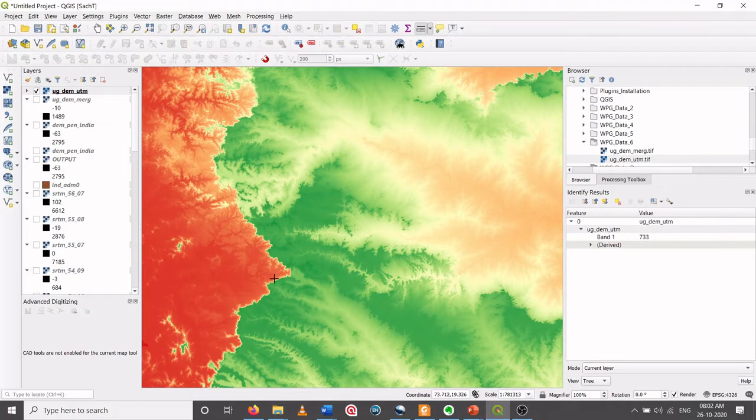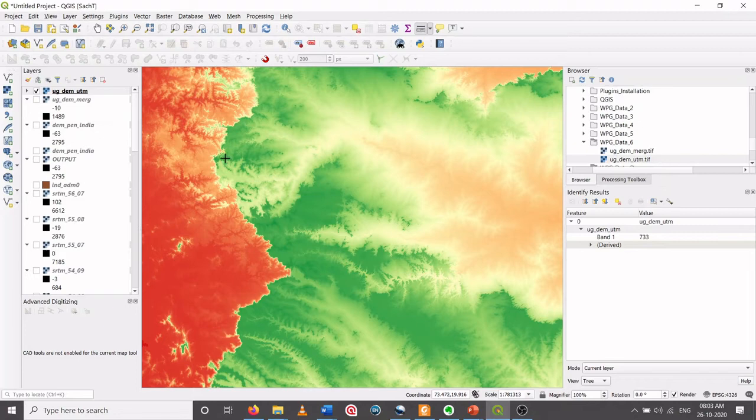In reference to this line, on the left hand side you can see a color code of red, and on the right hand side you see a color code of green. There is a sharp difference in the elevation. This is because this is the Western Ghat escarpment, where there is a sharp difference in elevation because of the characteristic of the Western Ghat.